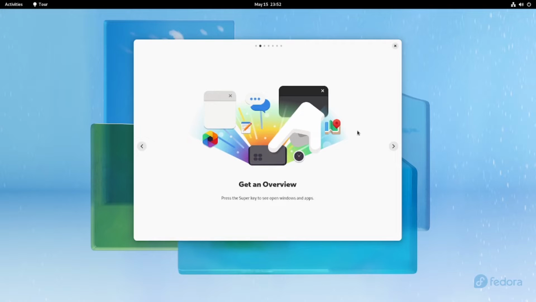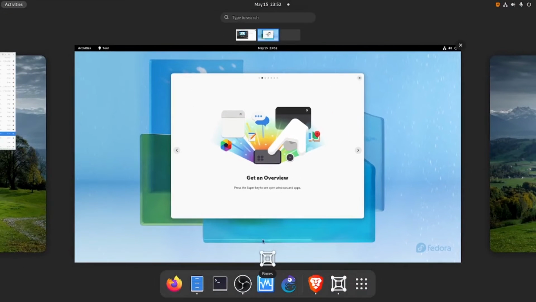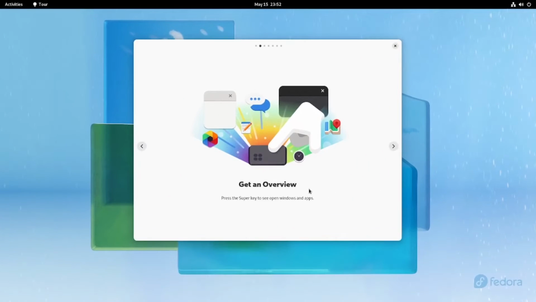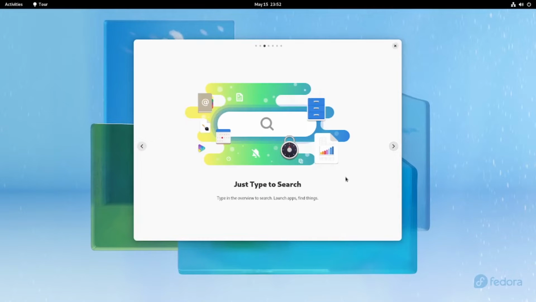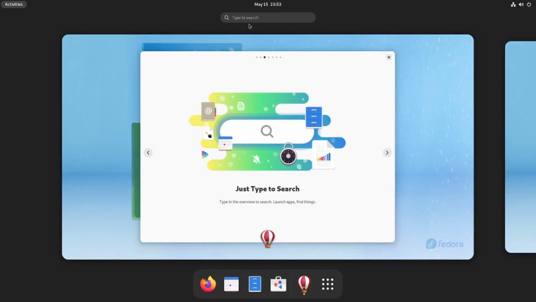Because I'm using Boxes, it is impossible to use this feature, because if I click the super key, it will go to the host menu like this. And then just type to search in the overview. Maybe it's located in here, type to search.